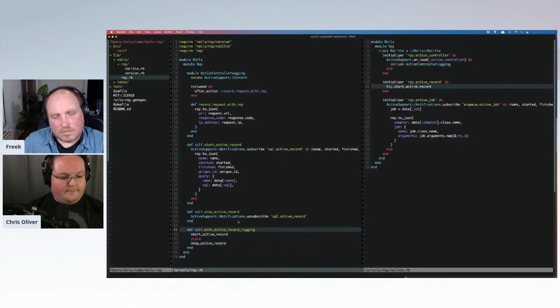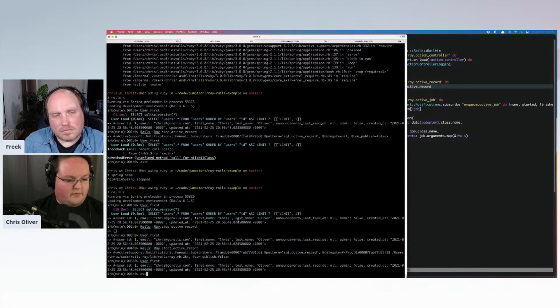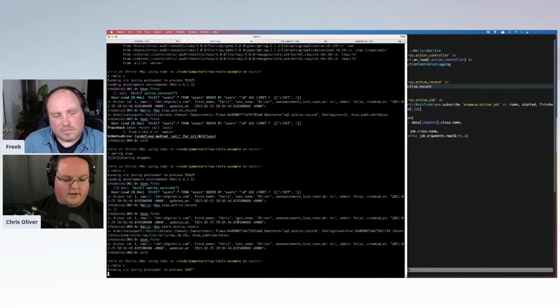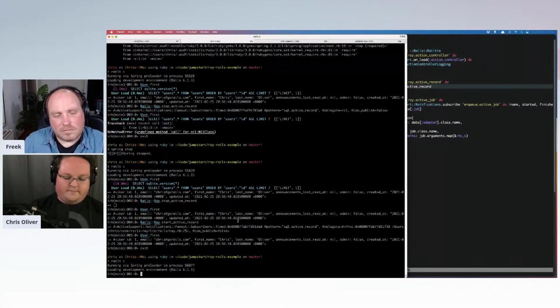There's a couple ways of handling blocks. Yield will do exactly that, and it'll work just fine. But you can also capture the block into a variable if you want. And this is kind of cool because if we run Rails now,